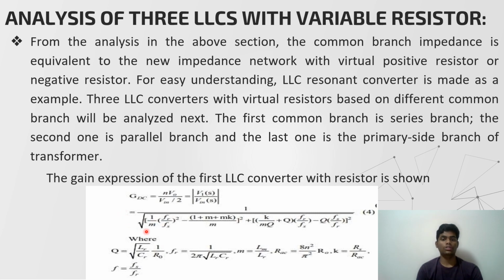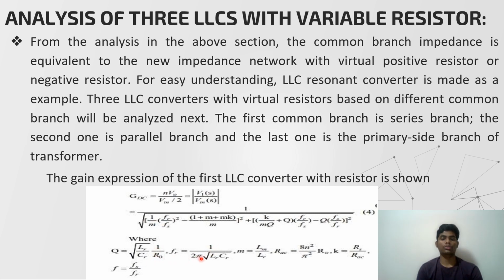That is normalized to 1 divided by the square root of ((1 - 1/M·(Fr/Fs)²)² + (Mk/M)² + (1/(Kmq) + Q)·(F/Fx - Q·(Fs/Fr))²), where Q is equal to the square root of Lr by Cr, divided by R naught,